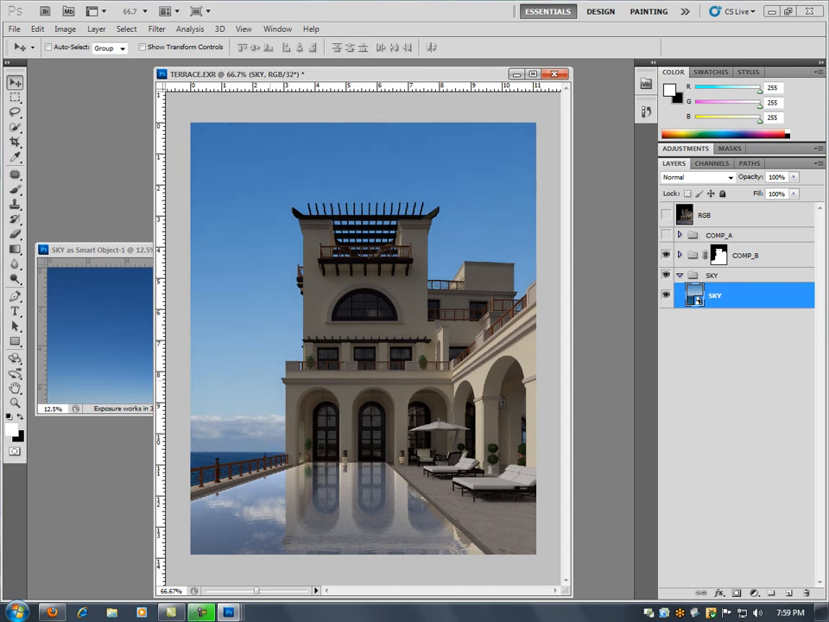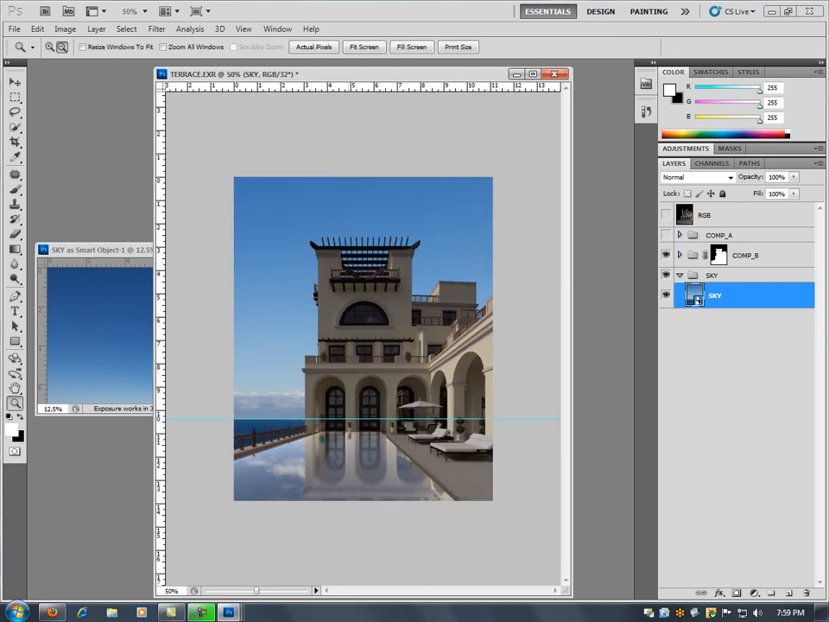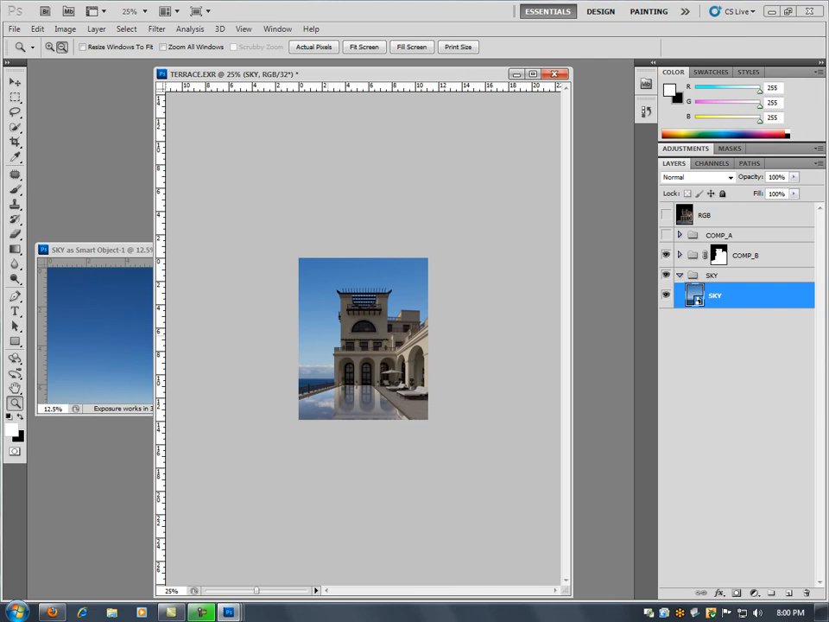The first thing that we want to do is get our horizon line in about the right location. So my horizon line should be right around here somewhere, which of course is my eye level in this image. And now that sky is scaled up to be way too big. If we were to scale this down and not have it in a smart object, that would lose our resolution. But because this is in a smart object, it's always going to reference that